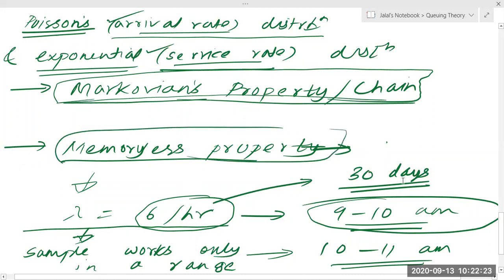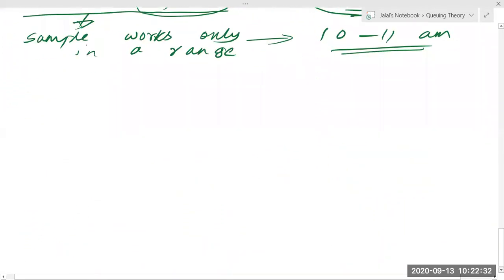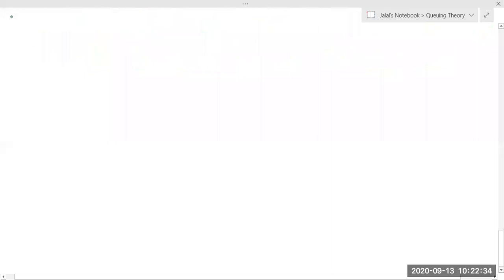So I've tried to introduce many terms for you, and I think this will be very easy. This won't be that difficult. Now I'll tell you one more thing: I will introduce the types of queuing model. There are various types of queuing model, and all of them can be given by the Markovian chain. We are going to study some queuing models here.